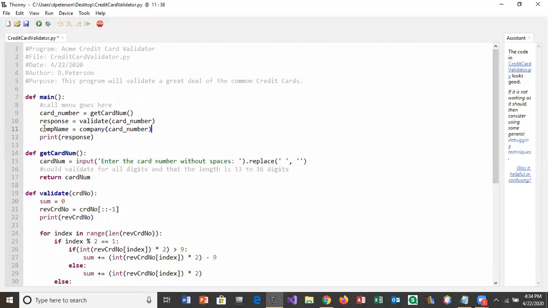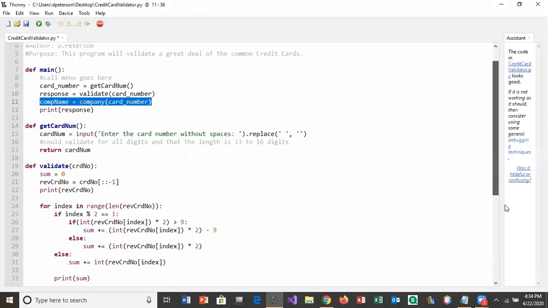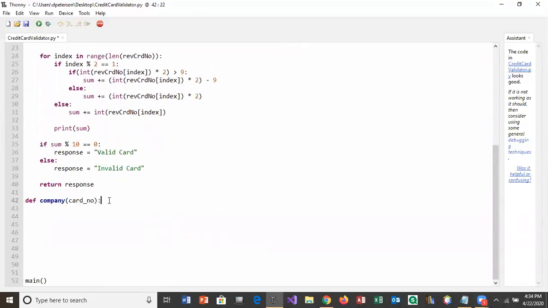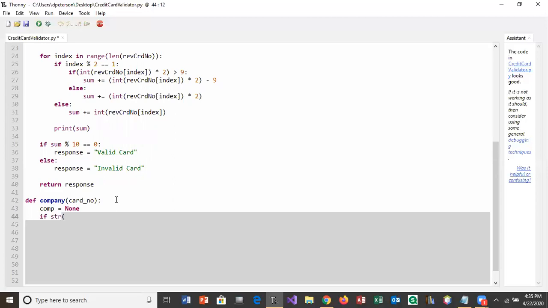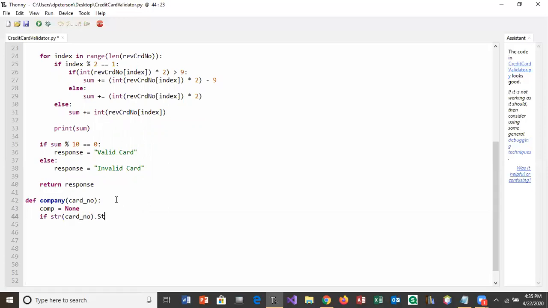So I added that line there up in the main. Down here, if string starts with